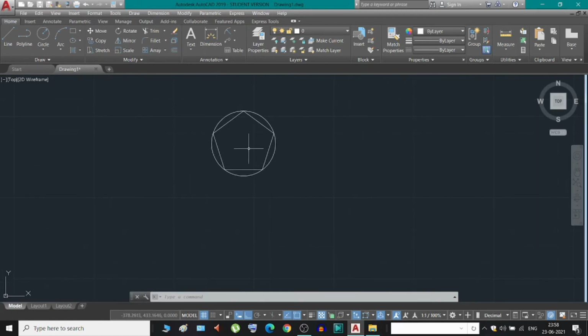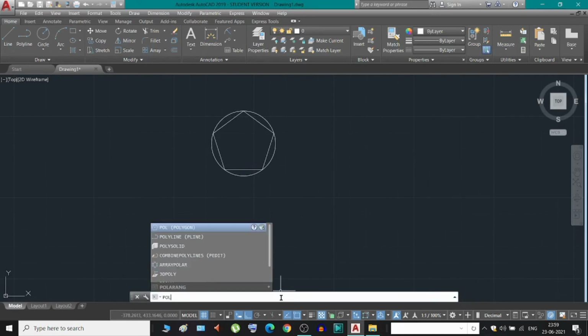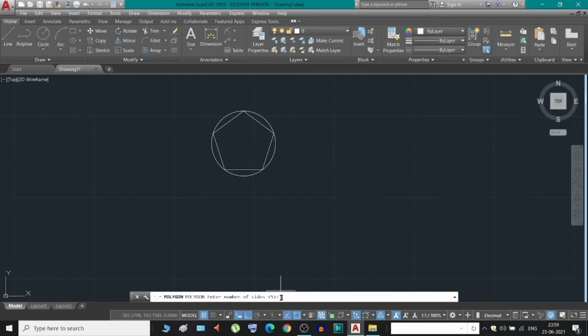And if we have to do the same polygon outside the circle, that is circumscribed about the circle, to do that, write POL, select polygon, enter, select sides 5, enter, specify the center. You can select any of these and either select the circle or the polygon.